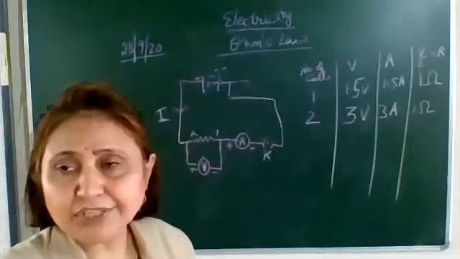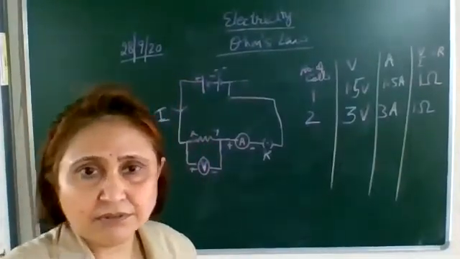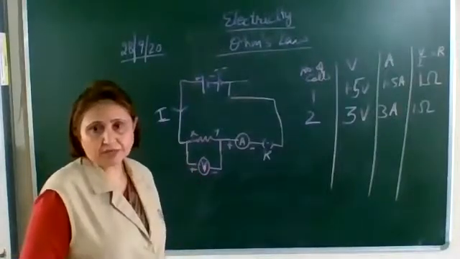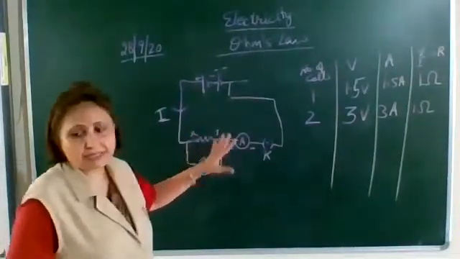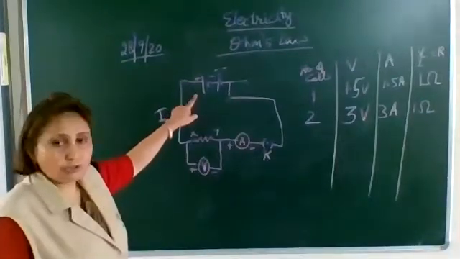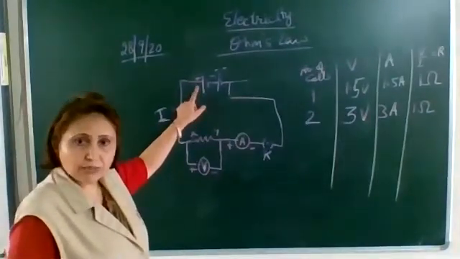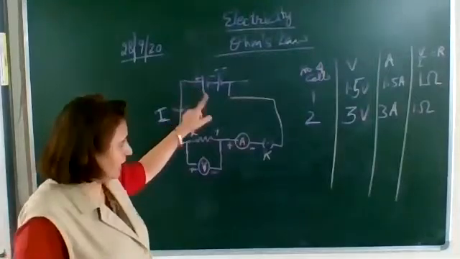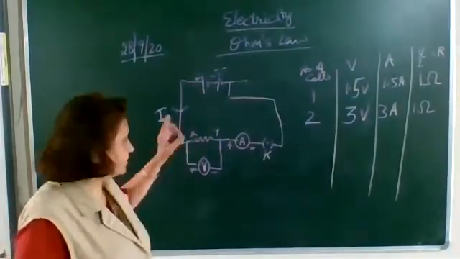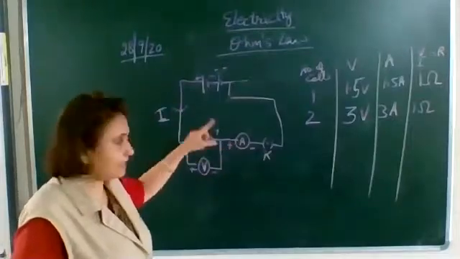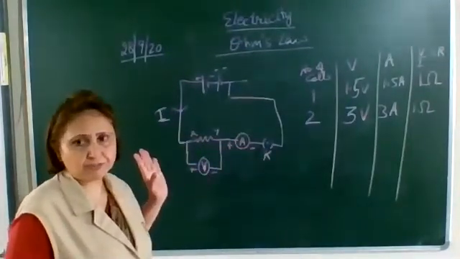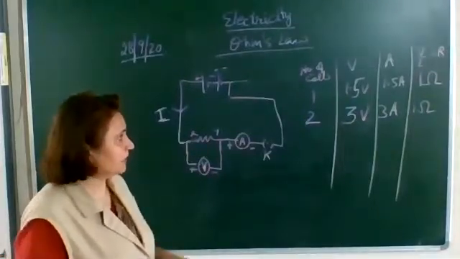Now let us connect 3 cells. Let us increase the number of cells to increase the voltmeter reading. How to increase the voltmeter reading? We haven't connected a rheostat over here. When you do this experiment, you will connect only one cell and there will be a rheostat over here. This rheostat will automatically change the resistance of the conductor. So the current will change and so the potential difference will change. That will be done automatically.